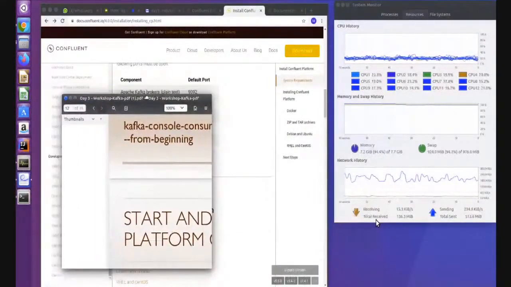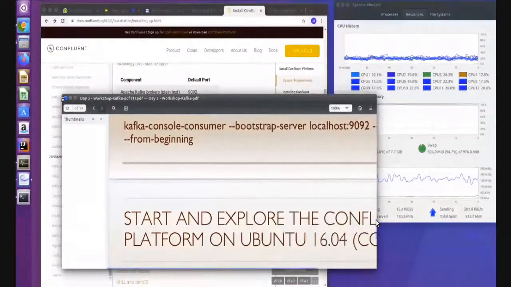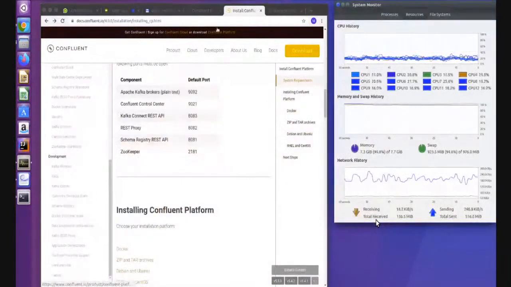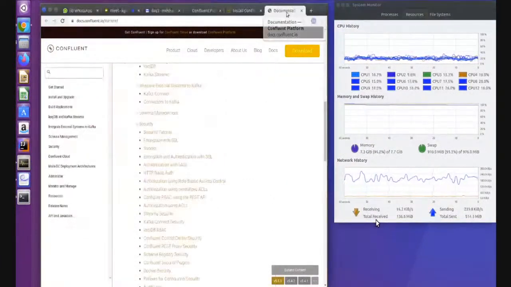You can see here 7.2 GB is already used, and I have 7.7 GB, right? And when I access the control center, it may hang, maybe, because yesterday I was stuck.